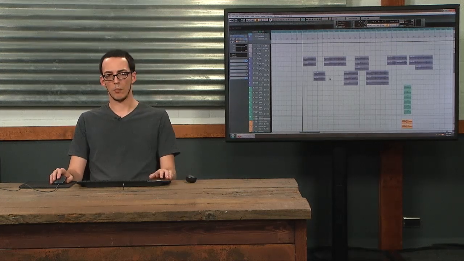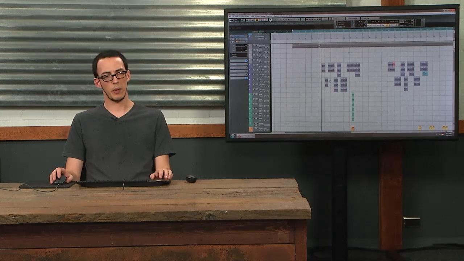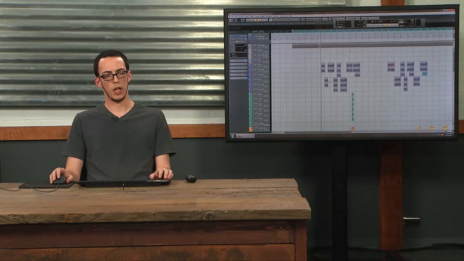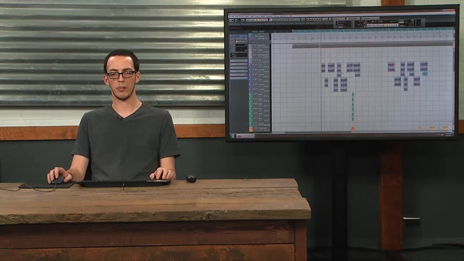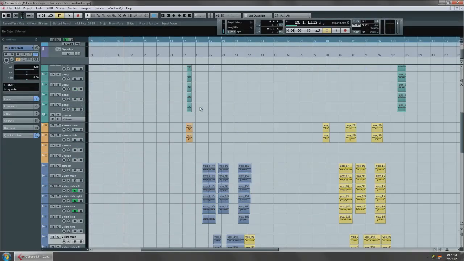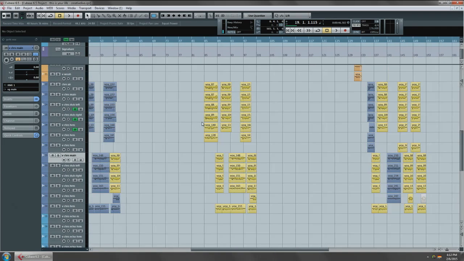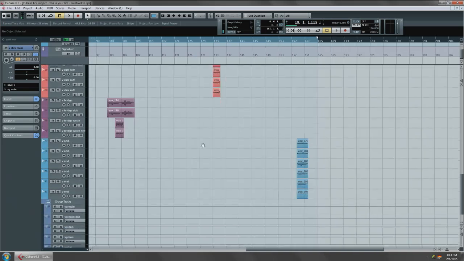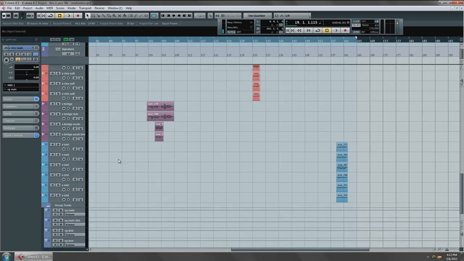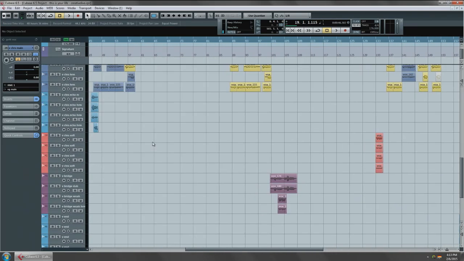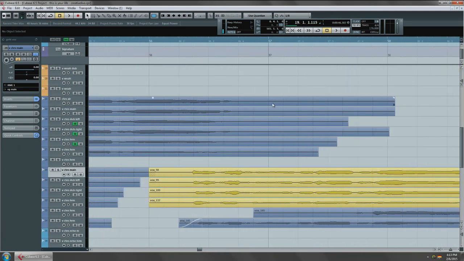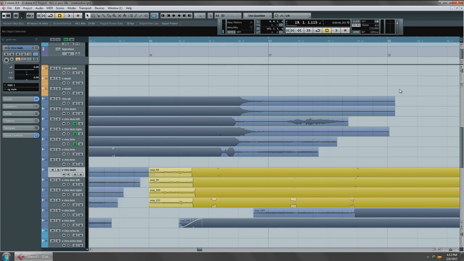Okay, so let's talk a little bit about editing. Now, with vocal editing, it kind of starts with good preparation. Now, if we look at this song, it actually is pretty well done in terms of preparation. We have our coloring, our naming, our grouping, our placement, everything looks nice. But if you go to this section here, you'll notice that all of these takes right here kind of have